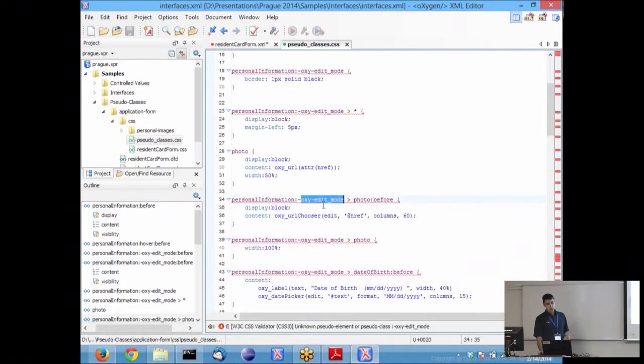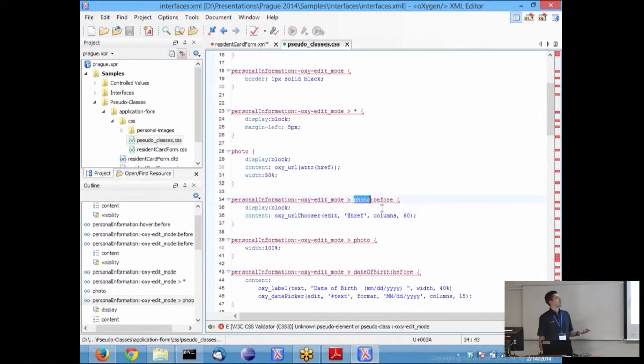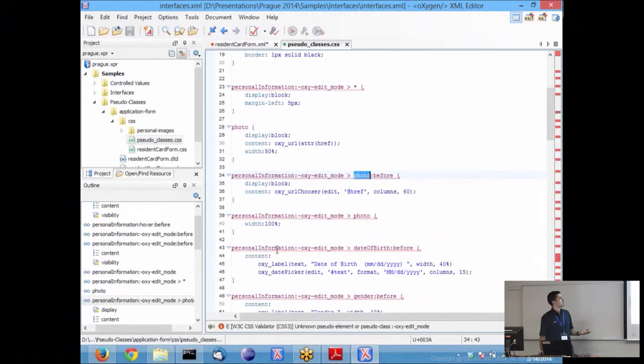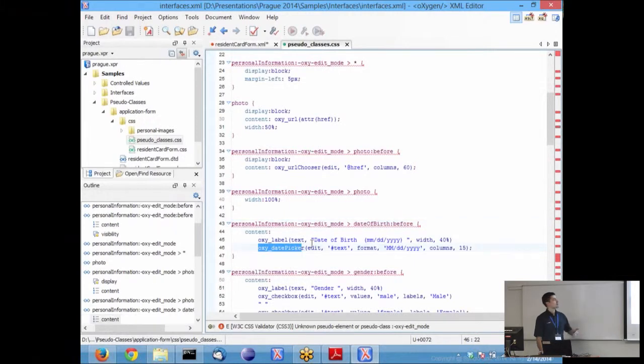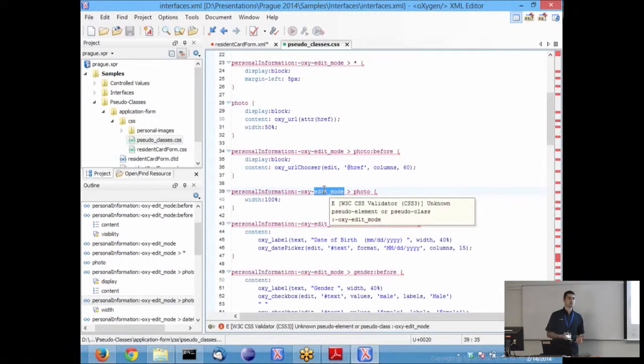if the oxyedit-mode pseudo-class is set on this element, then I will have a URL chooser to edit the photo element. The same with the date of birth. If the oxyedit-mode pseudo-class is set on the personal information element, I will have a date picker, and so on and so on. So this is the first aspect. You go in the CSS and you write the default rules, and then you write the rules for when a certain custom pseudo-class is set. And the second thing